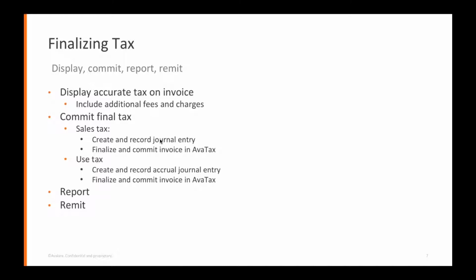And then on the use tax side, you can commit use tax within the AvaTax service so that you can show that you are self-assessing a tax that the supplier should have charged you but didn't, or maybe they undercharged you tax, and you need to then do a self-assessment to report and remit that self-assessed tax on the purchase to the appropriate taxing authority. There's a similar process, but there is a purchase order and purchase invoice, and we have the ability to create and record the accrual journal entry. And the only thing that I'll point out here is,